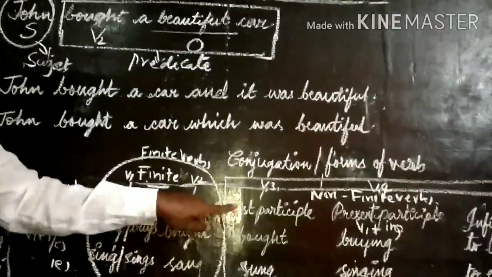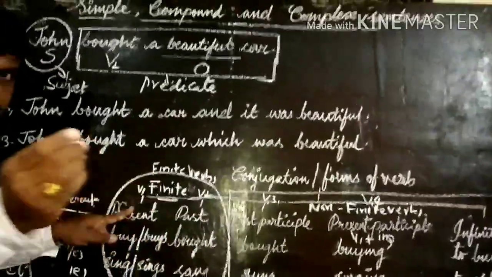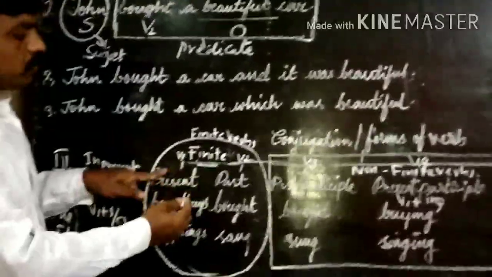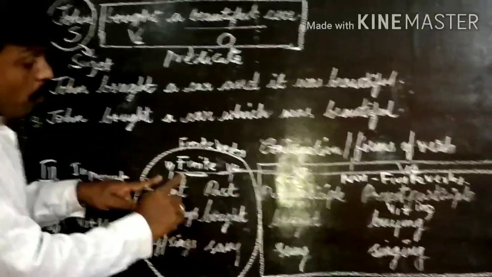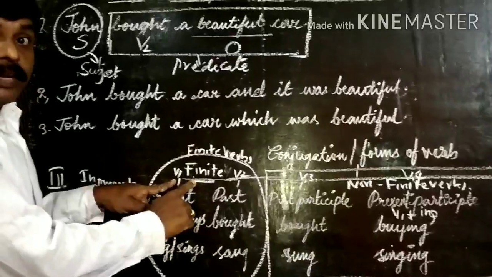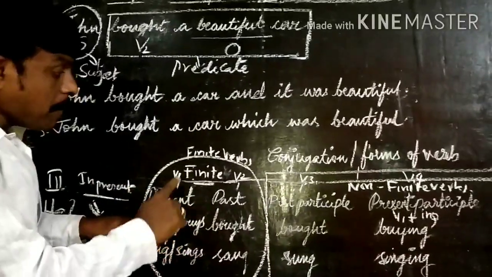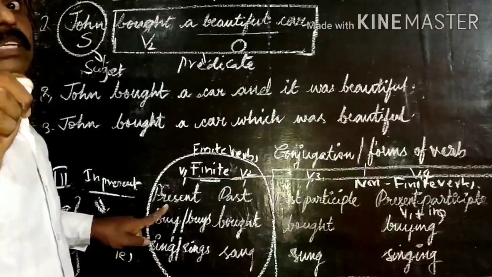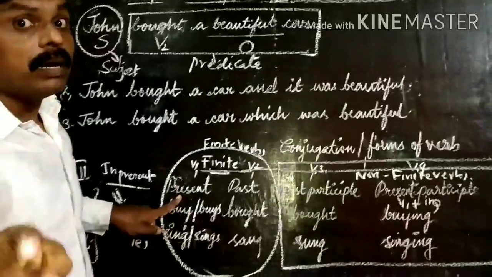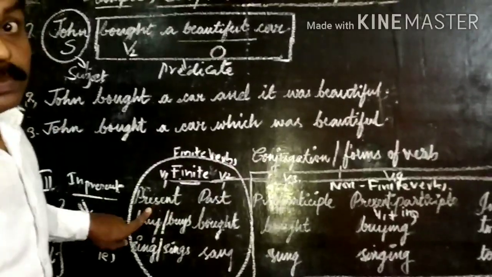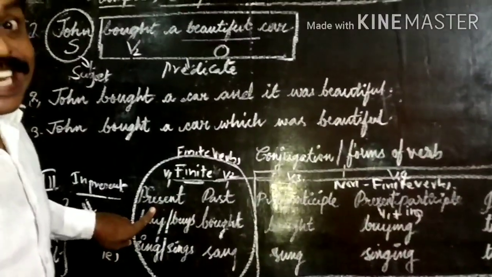Right? Why? What is a finite verb? I just give you the information. A finite form is a form of the verb that tells the tense. That means time, number, and person. A finite verb is a verb that tells tense,